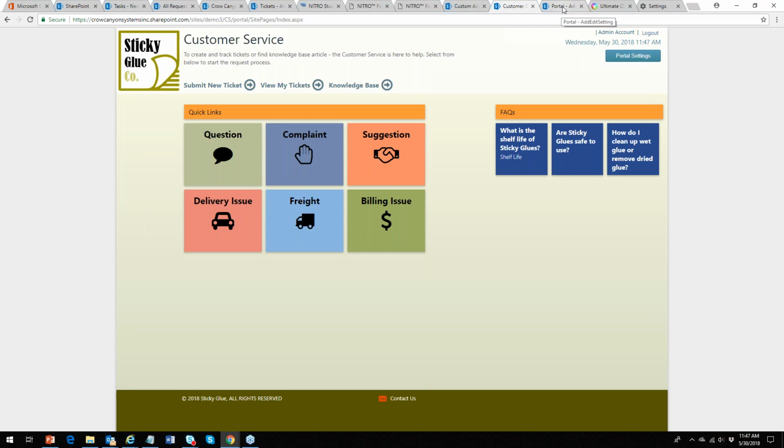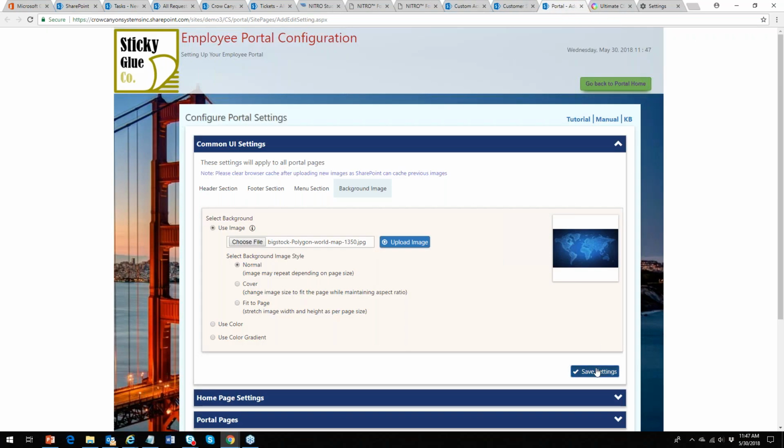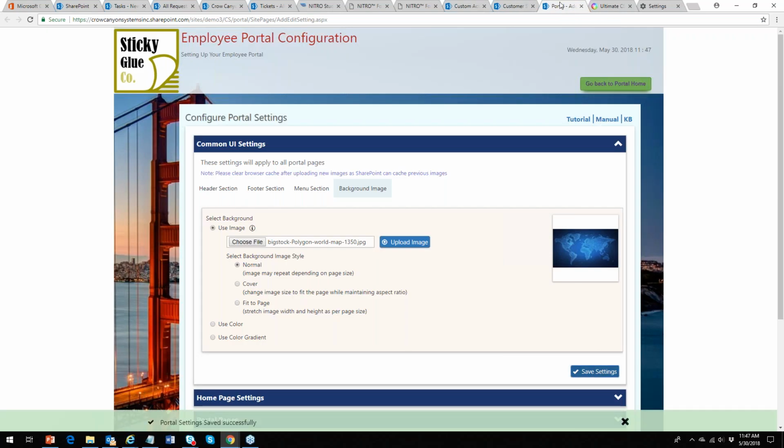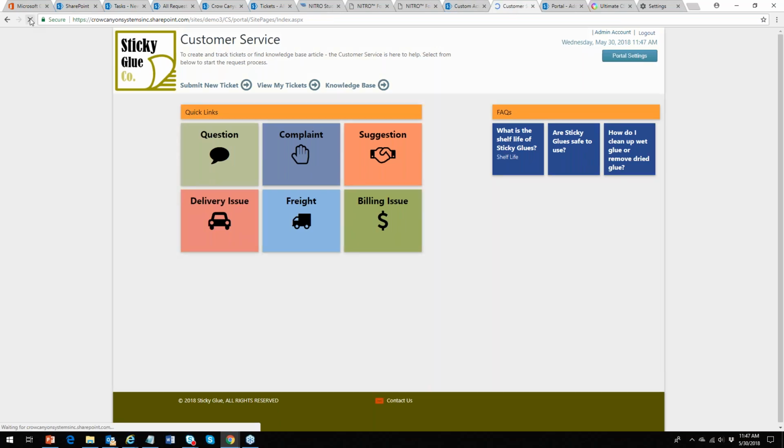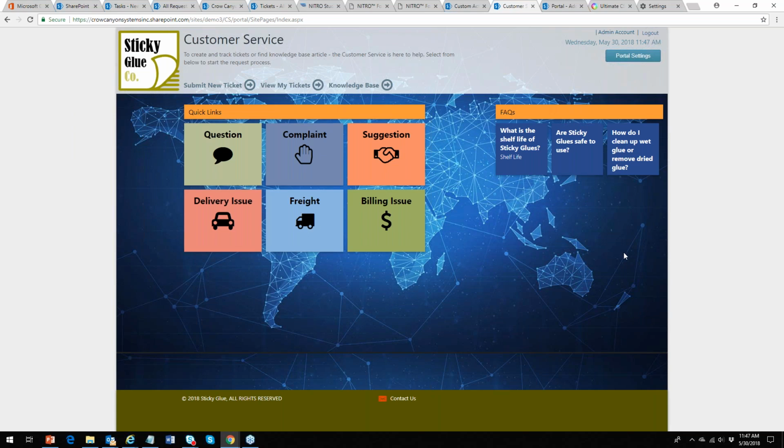I thought I cleared the settings. Maybe I didn't save it. All right, save settings. Let me do that again. Save it and refresh, and it should have the image in there. There it is. Okay. So whatever image works with the color scheme that you have there, you can